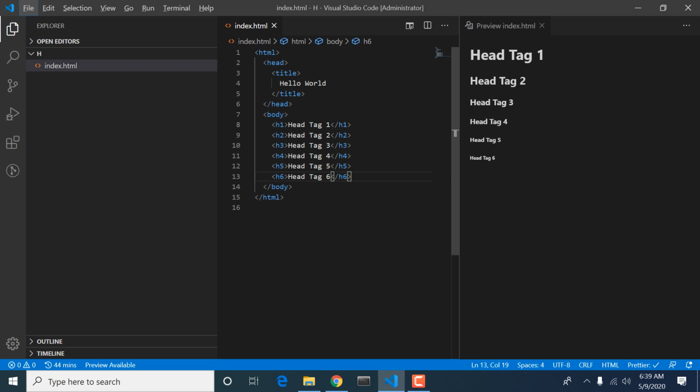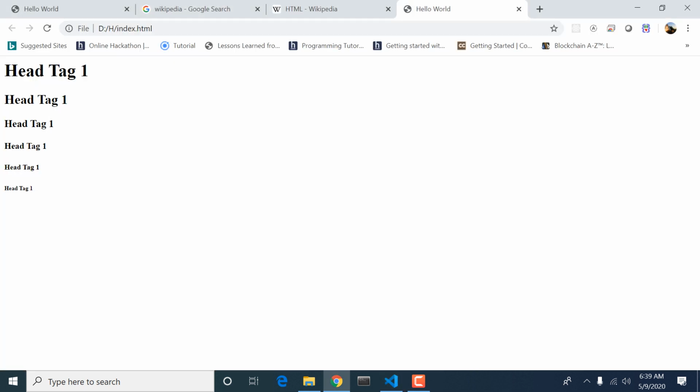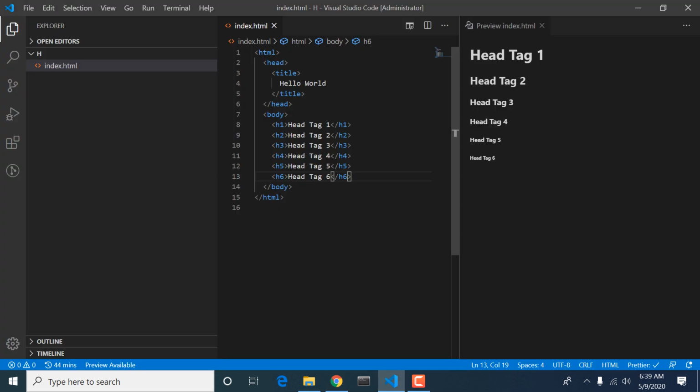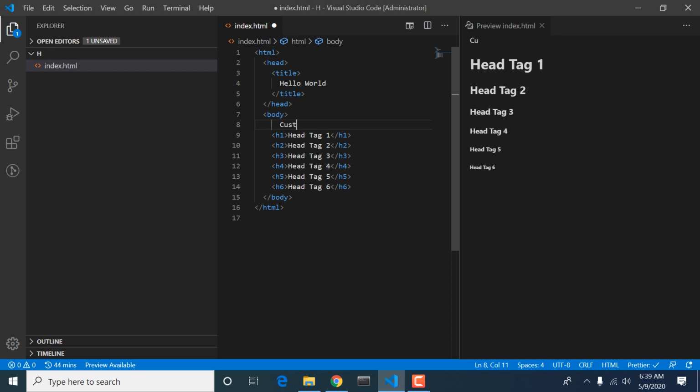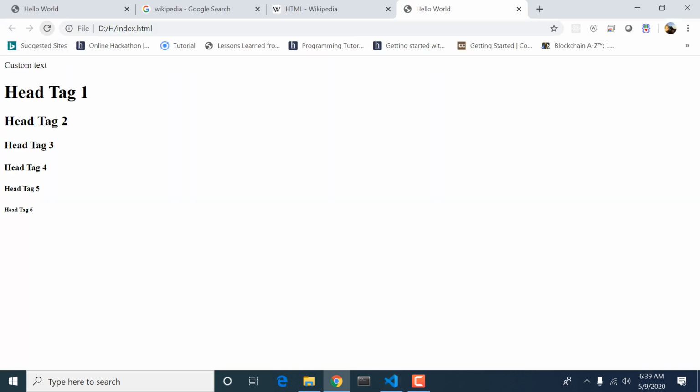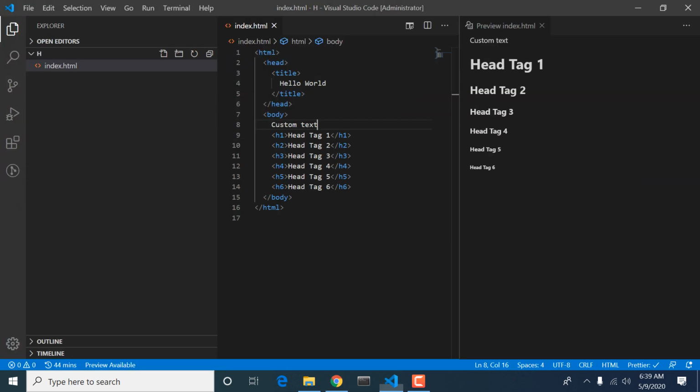Now we press Ctrl+S to save. If I write custom text, you can see that h5 and h6 are even much smaller than our custom text. So these are the properties.